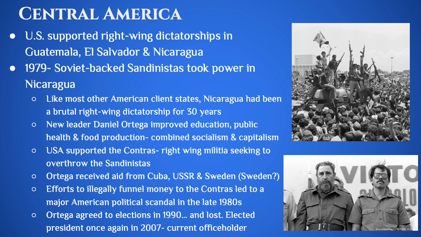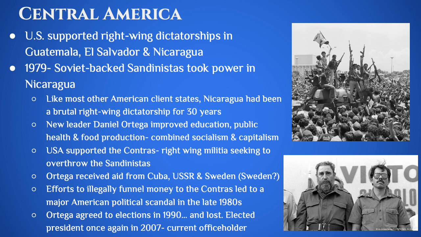And so the way we help the Contras is we secretly sold weapons to Iran. Remember Iran? They were supposed to be the bad guys? Well, we were secretly selling weapons to Iran so that we could then take that money that we secretly got from Iran and give it to the Contras. Massive scandal towards the end of the Reagan administration. Several members of Reagan's cabinet went to jail.